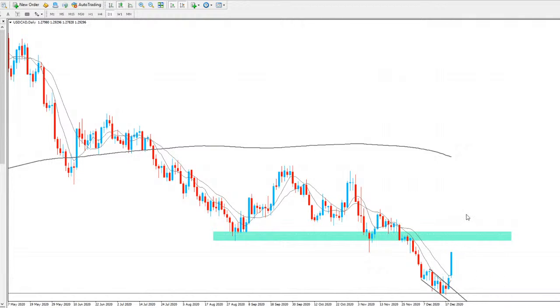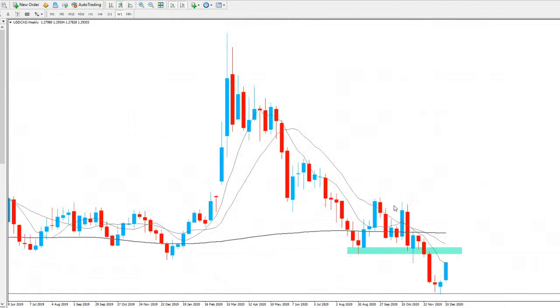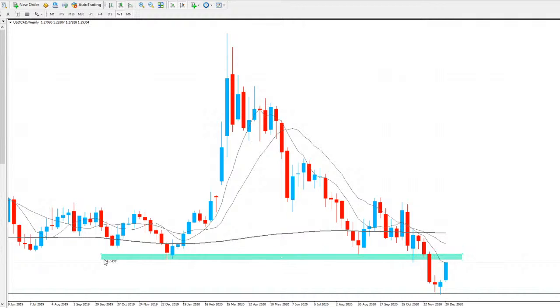We could retrace before that and see price fall over a little bit before we get the test of the area. I'm still expecting from a daily point of view to see a test of this area here, around 1.3 for USD CAD. Previous area of support all along here, now turned resistance. And I think even from a weekly point of view, we did see a nice break to the downside, where you do expect to see some retrace. As you can see, previous support there on the weekly chart as well. If I extend that across, acting as support there, which gave us that big move to the upside.